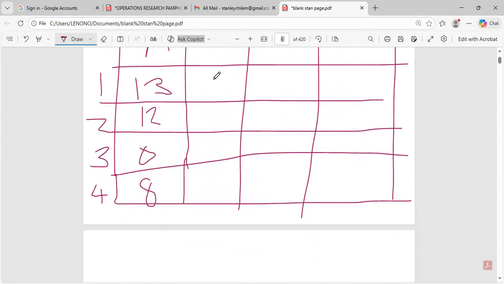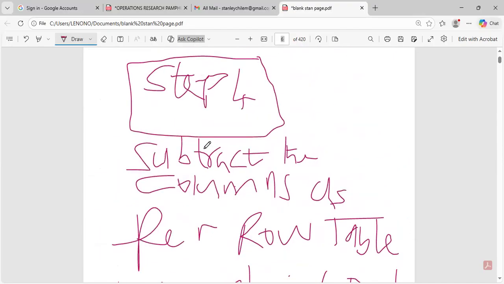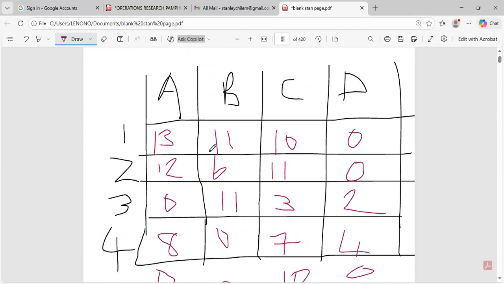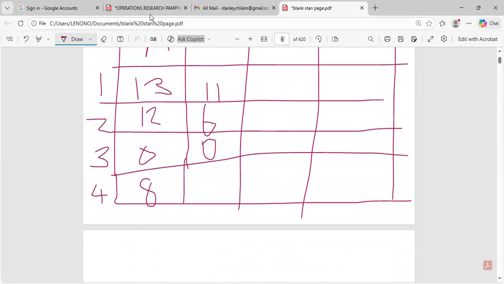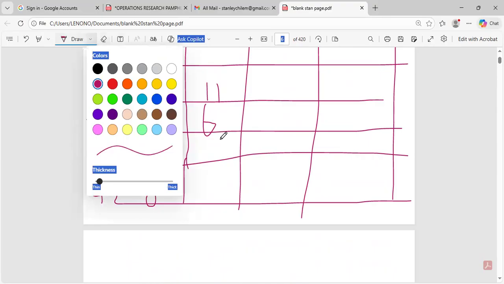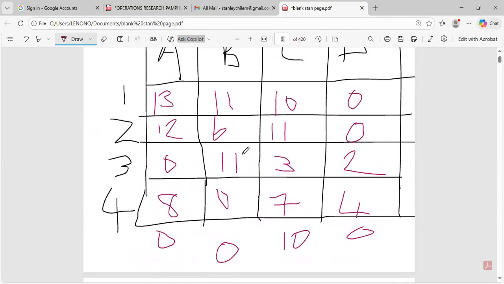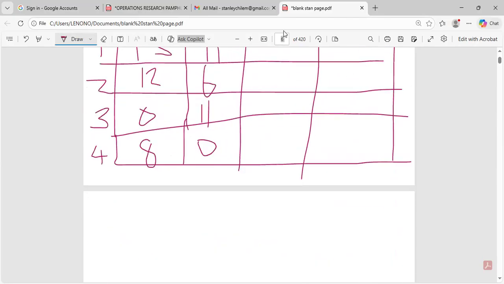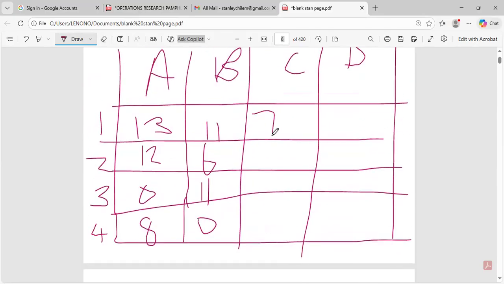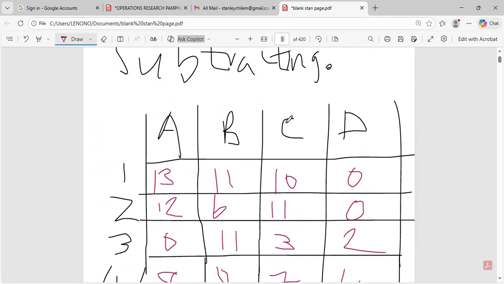This other one will be 11, 6, 0, 11. So 11, 6, 11, and 0. Then this one will give us what? 7, the smallest there. So it will be 7, 7, 8,